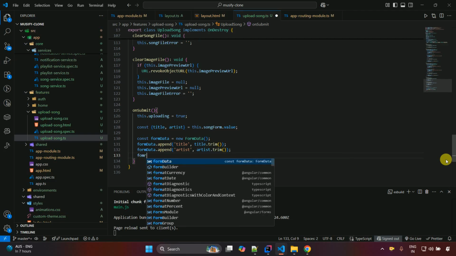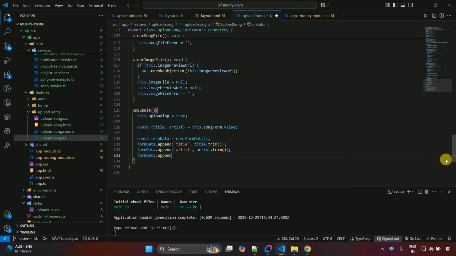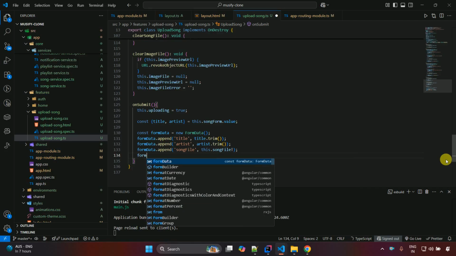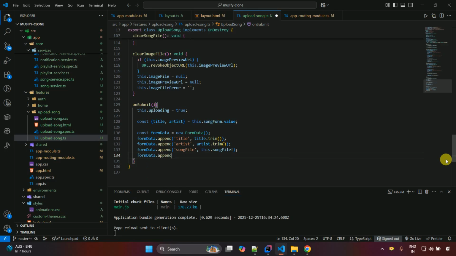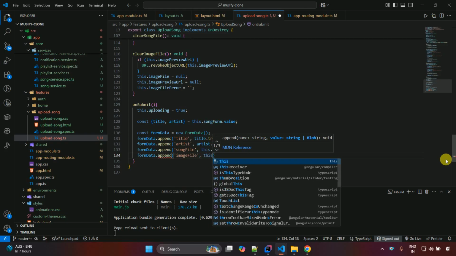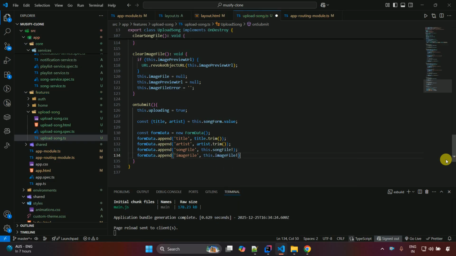and then formData.append, and then 'songFile'. We are going to send the song file, this.songFile, and at the end we also put the not operator, because we are convinced that there will be a value over here. Then formData.append 'imageFile', it should be inside single quotes with the name, comma, this.imageFile, and not, put semicolon,